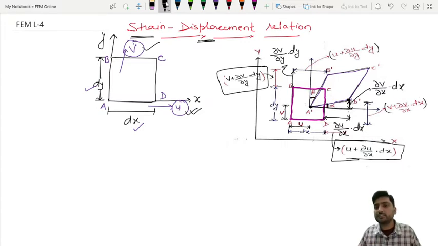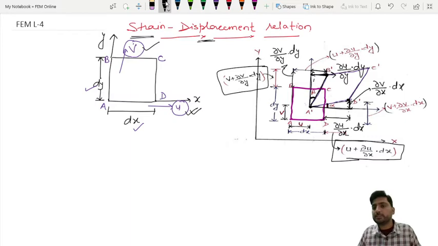Similarly, here you can find the displacement from here to here. If you make this triangle, then you will understand this is beta, right? So just observe this triangle. Initially it was here, now the corner is here. So the displacement is in the x direction, because this is your x direction. The displacement in the x direction is u, so del u, but with respect to which axis? The y axis. So del u upon del y into dy.